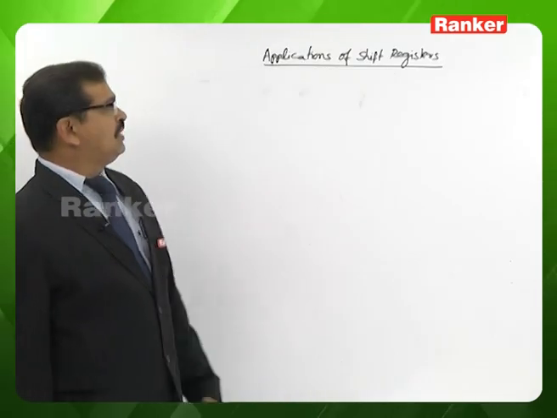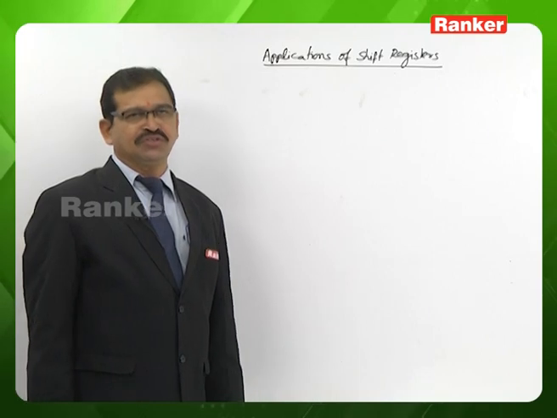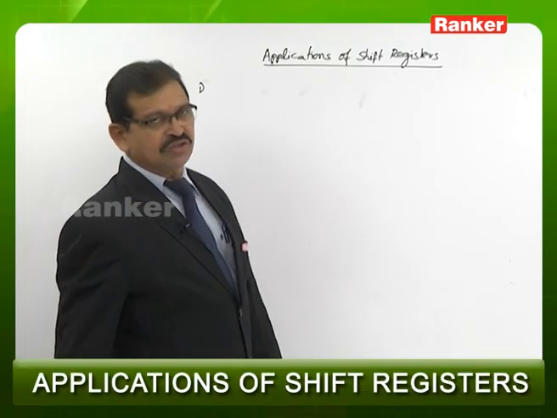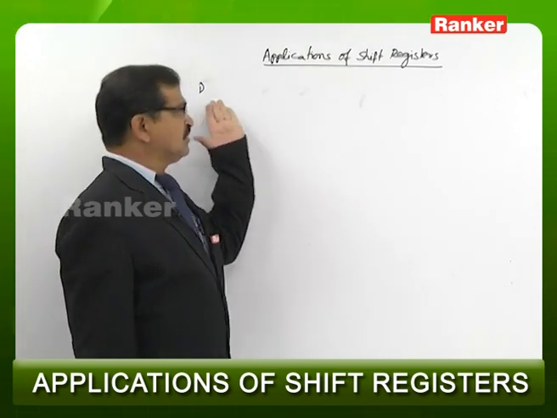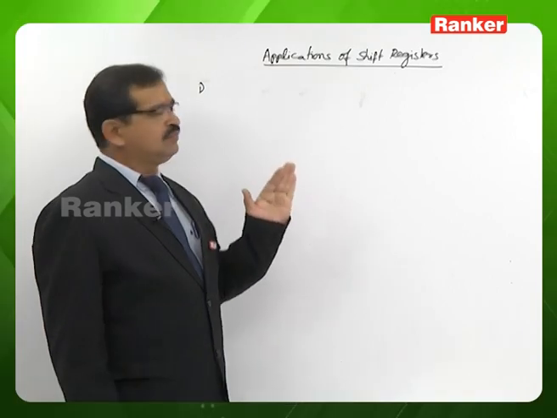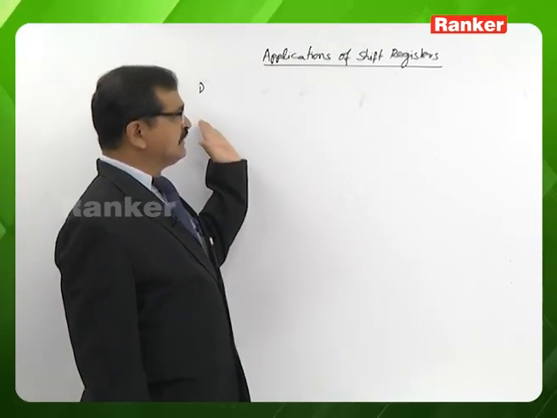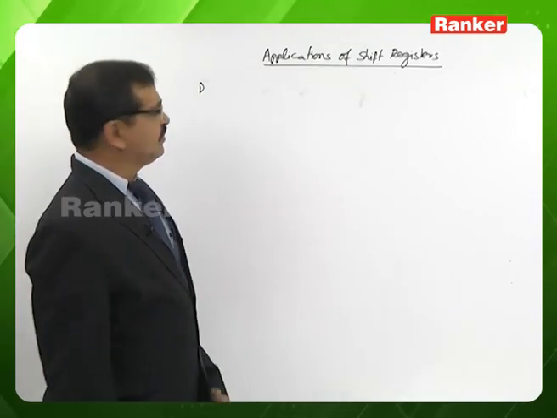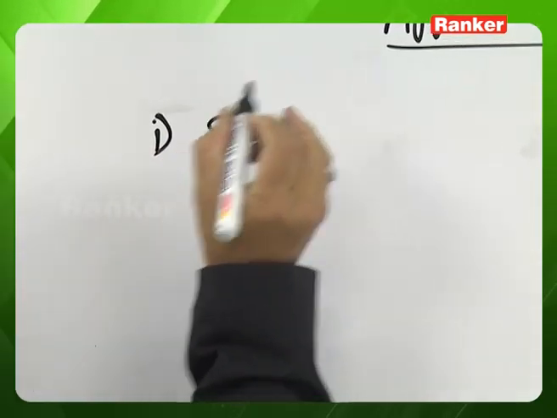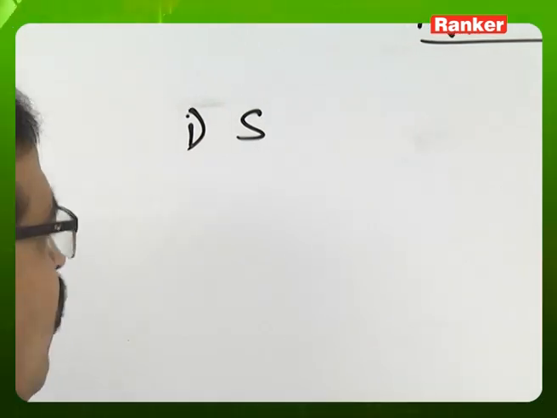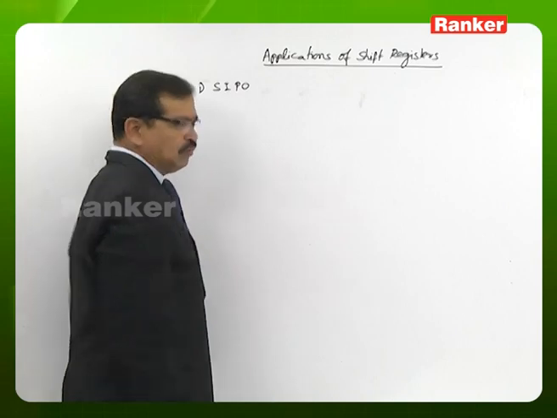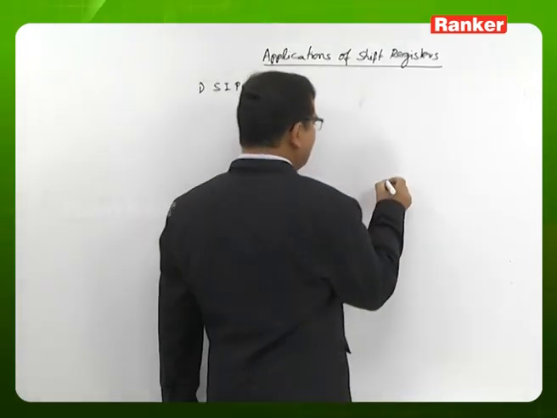Let's look at the applications of the shift registers. There are various applications of the shift register. Let's start. It is possible to use the register to convert serial data to parallel form, with serial input, parallel output operation. So if we are having a register